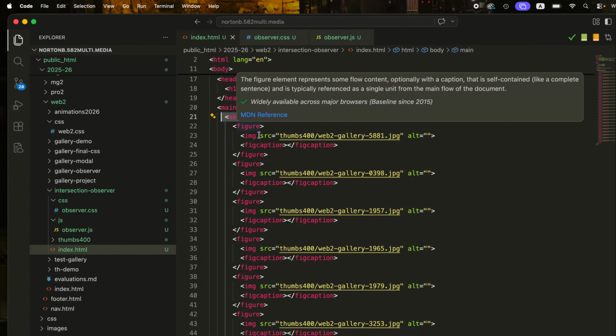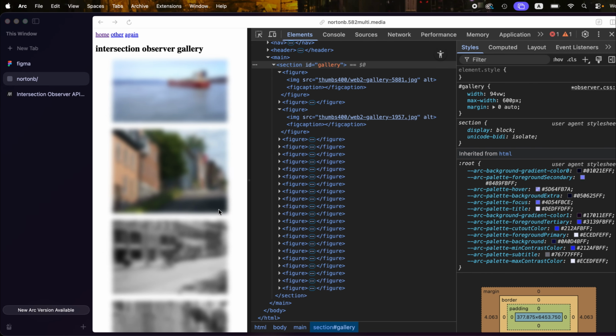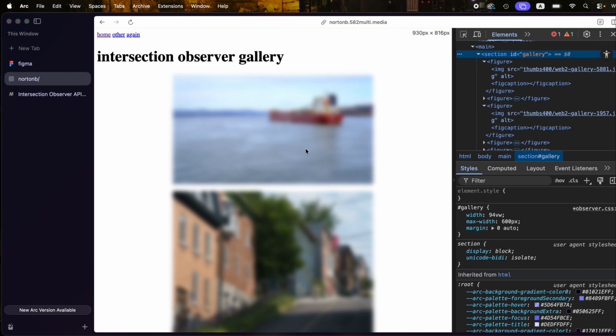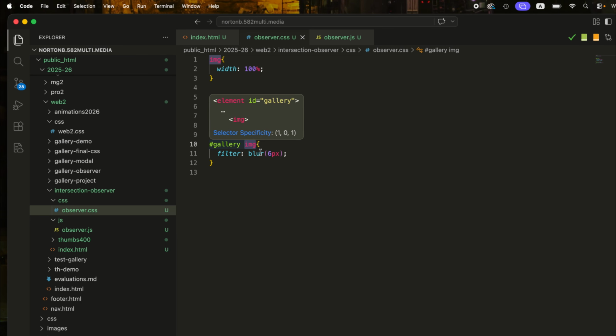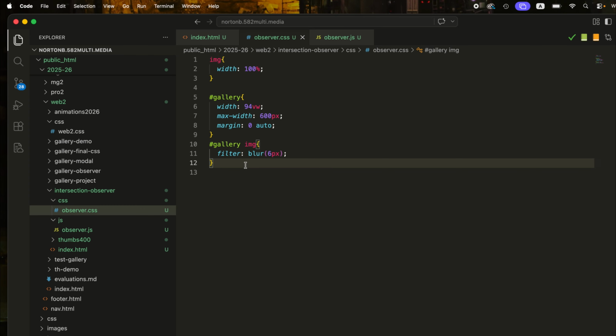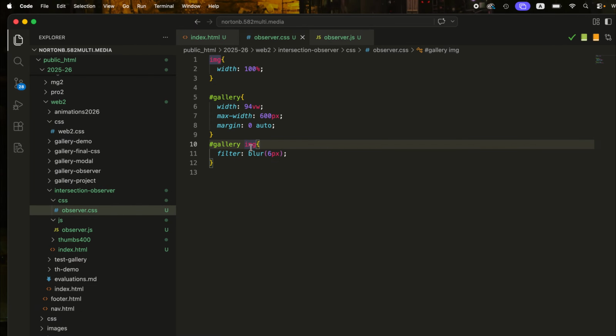After that, we've got our figures and thumbnails, and I've set the max width to 600. So if we go over 600 pixels, the images don't get too blurry because they're only 400 pixels wide. And then I've centered it using the margin 0 auto trick. I've already looked at it, but only the images inside the gallery are going to be getting this filter blur. But really what I want to do instead is